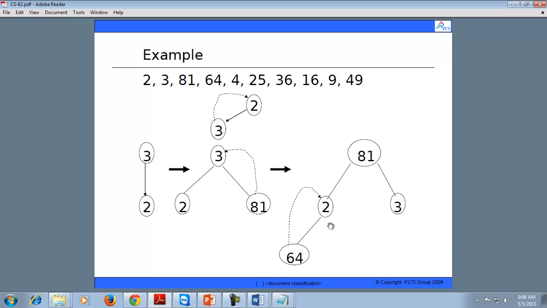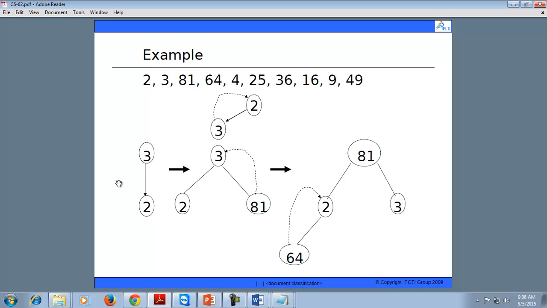Now we will see an example to create a heap tree. Firstly, 2 will be inserted at the root node. Then next is 3. 3 will be inserted at the left of the root node. But 3 is greater than 2, and according to the heap tree properties, the root must be greater than the child. So the values will be swapped.